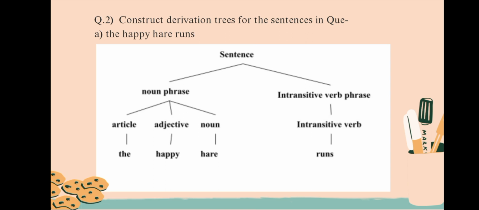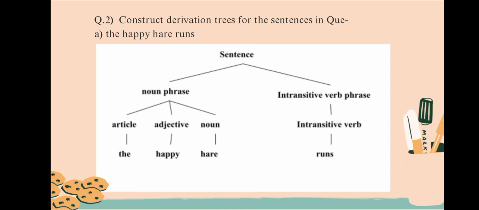The graphical representation of a derivation is called a parse tree or derivation tree. The internal nodes are labeled with the non-terminals, represented on the left hand side of production rules, and the children, the external nodes, represent the right hand side of the corresponding production rules. In this slide we can see that we have the sentence